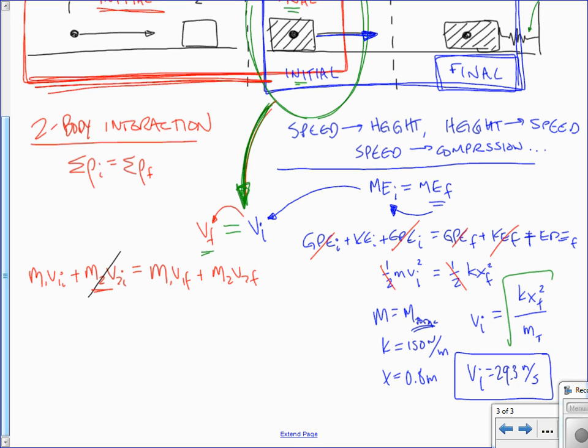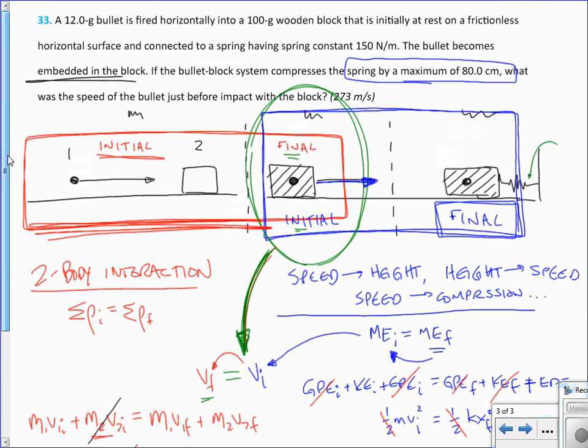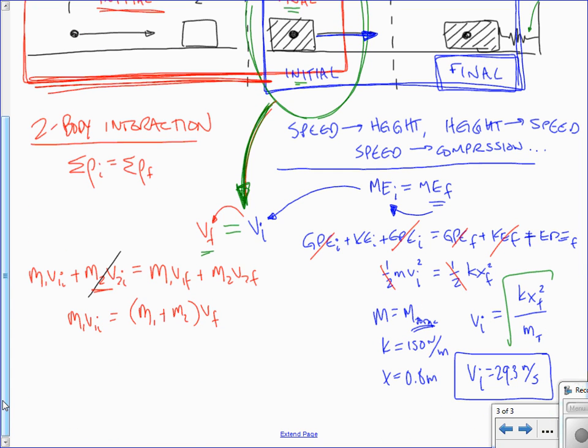And here's what else I'll say. m1v1 initial is m1 plus m2 times v final, because they move together. This is an inelastic collision. They have a common final velocity after the collision. So if we want to know the initial velocity of the bullet,